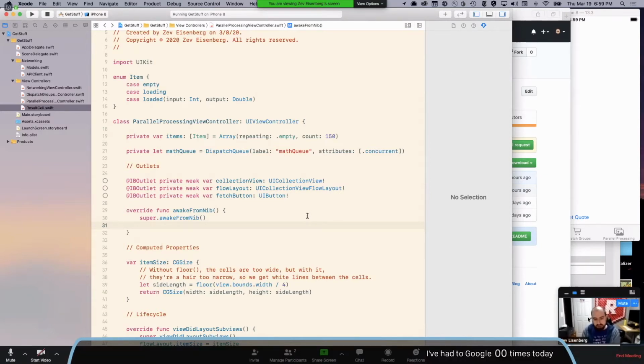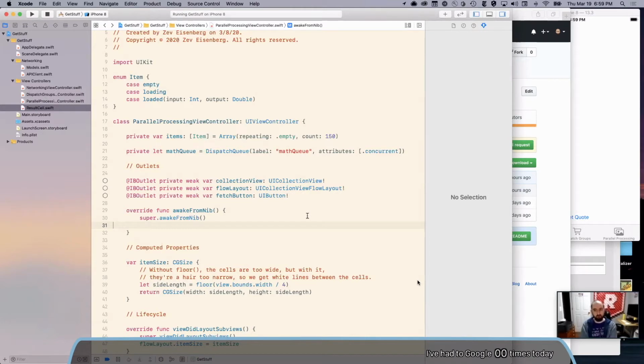Concurrency and parallel processing came up a lot, and we've been trying to dig into what the real world use cases are, because there's a lot of esoteric, or I don't know if esoteric is the right word, but there's a lot of use cases for things like concurrency and parallel processing that you would learn about in some sort of operating systems class. And that's not what I'm going to be talking about, mostly because I don't know that stuff, because I never took an operating systems class. What I'm going to be talking about are a couple of the really common real world use cases for where you would actually encounter topics around concurrency in day-to-day iOS programming.